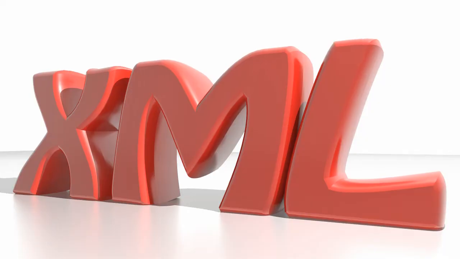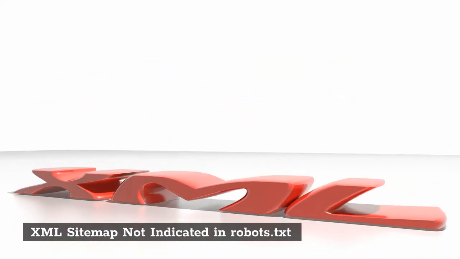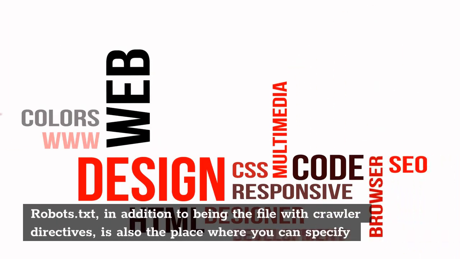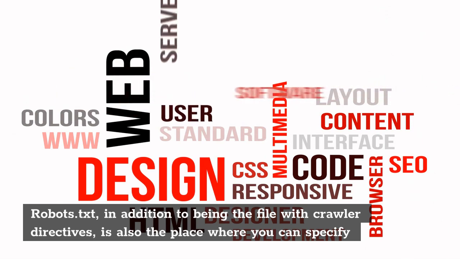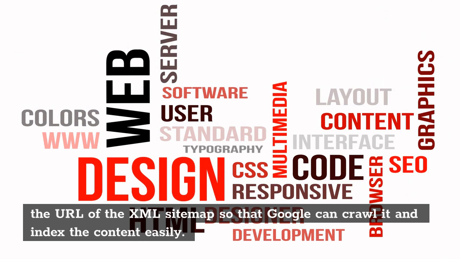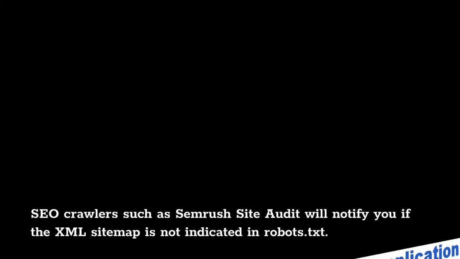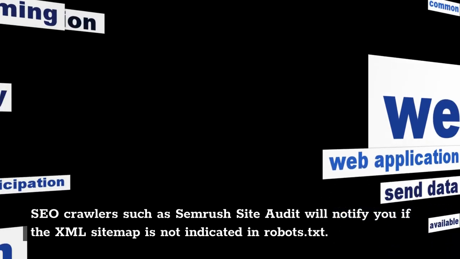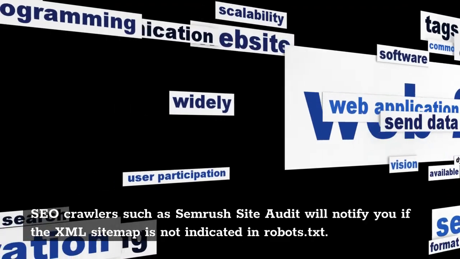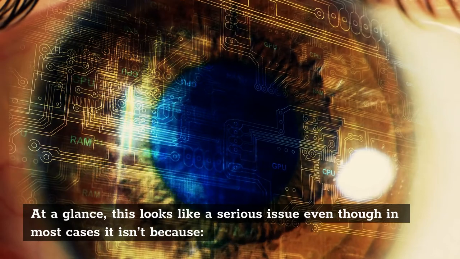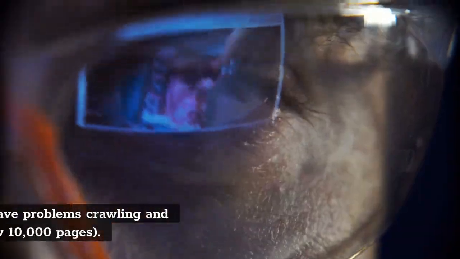7. XML sitemap not indicated in robots.txt. Robots.txt, in addition to being the file with crawler directives, is also the place where you can specify the URL of the XML sitemap so that Google can crawl it and index the content easily. SEO crawlers such as SEMrush Site Audit will notify you if the XML sitemap is not indicated in robots.txt. At a glance, this looks like a serious issue, even though in most cases it isn't, because: